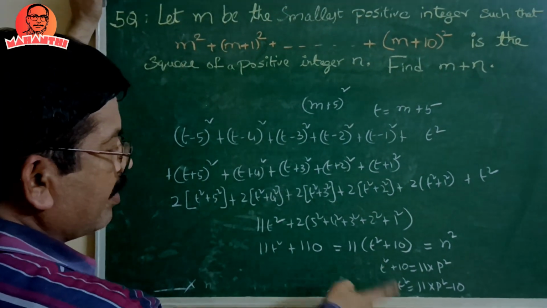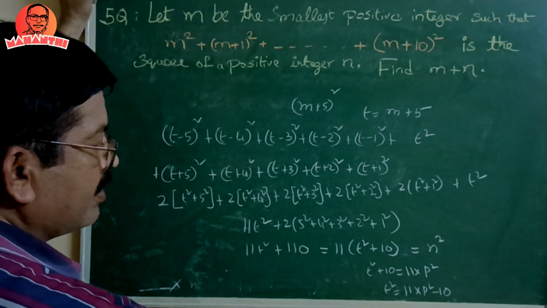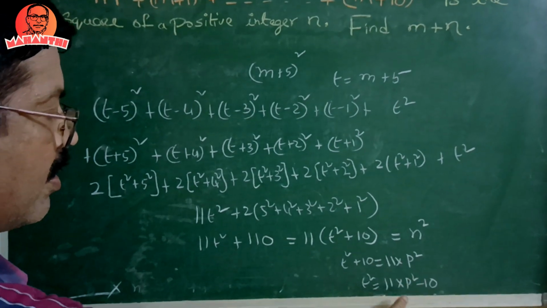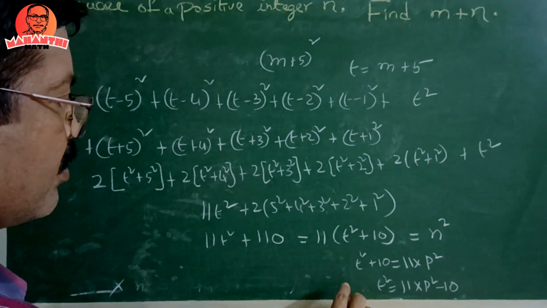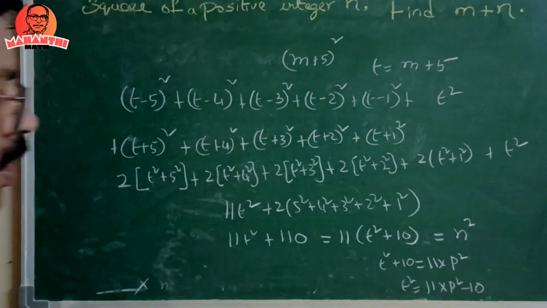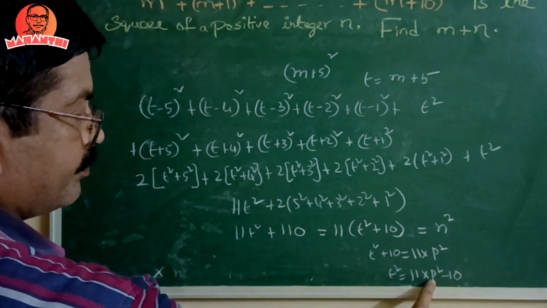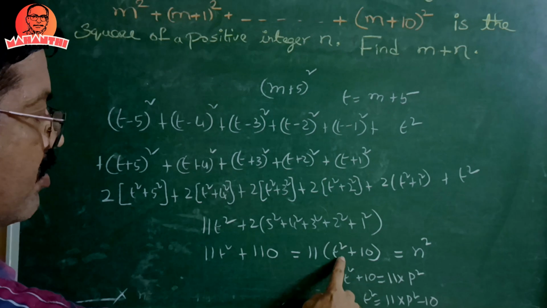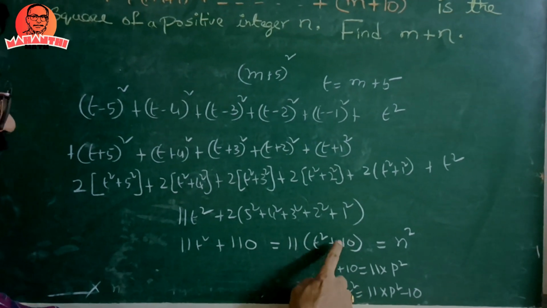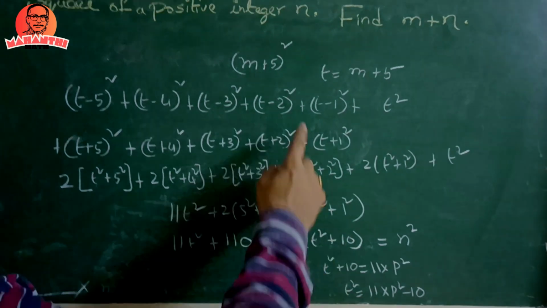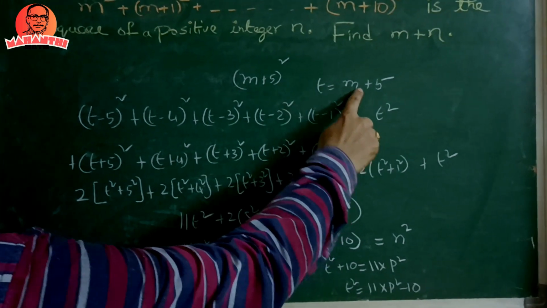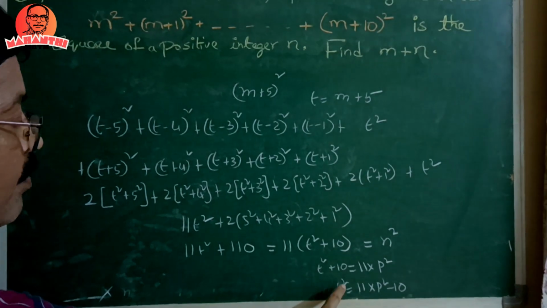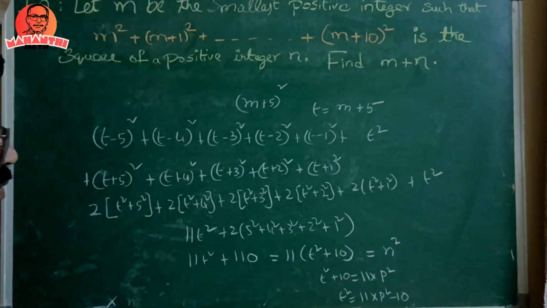Now in trial and error method we will take the values. The t² value you have to take as 11 into some perfect square minus 10. Now p² I will take 1. If you take p² equal to 1, 11 minus 10, 1. t² equal to 1. 1 plus 10, 11. 11 into 11 perfect square only. But if you put t equal to 1 here, m will be negative. But m is a positive number. So t should not be 1. That's why p² should not be 1.